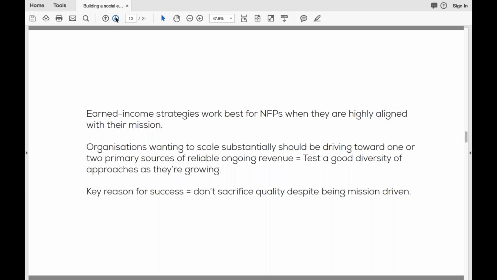Organizations wanting to scale substantially should be driving towards one or two primary sources of reliable ongoing revenue. So, testing a good diversity of approaches as they're growing. I mentioned a couple of slides back, it's important to test a number of different options. You could consider 5 or 6 different new revenue streams, and we're going to see real life examples in a minute to give you some more ideas. I'm sure some of you have some ideas already. But that can basically come down to then, as it says here, 1 or 2 primary